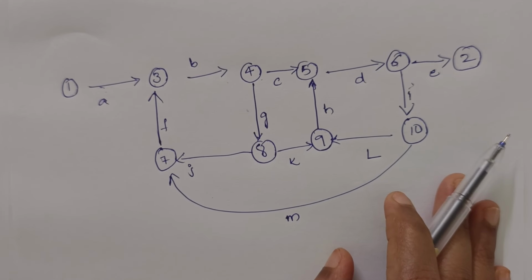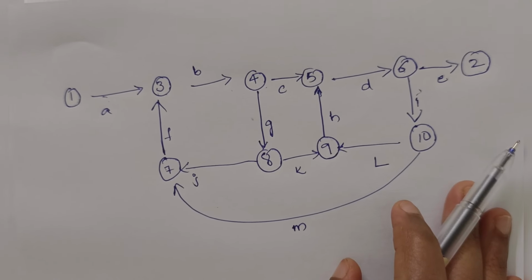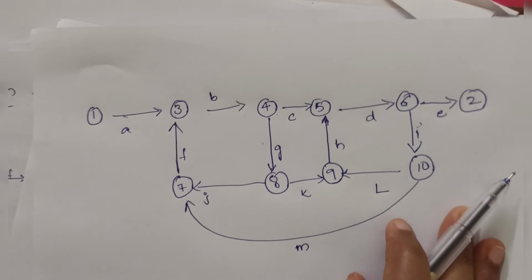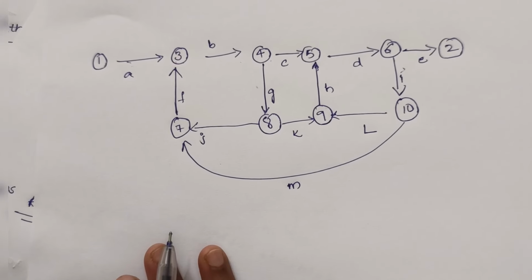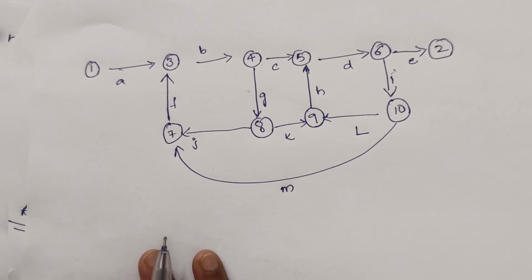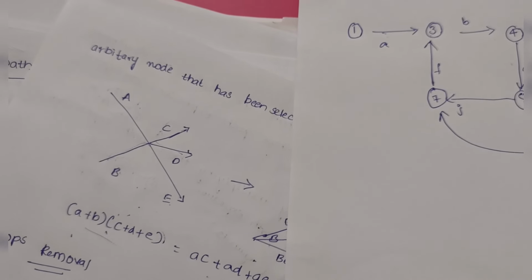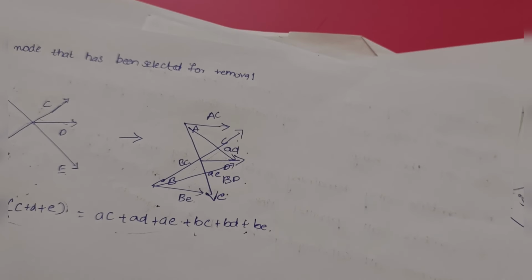We can reduce these flow graph nodes and convert it into a flow graph expression. The initial step is step 4 in the reduction algorithm, which is cross-term. Here we have cross-term step 4. We use this step to remove one node,